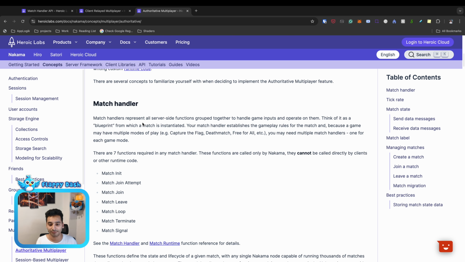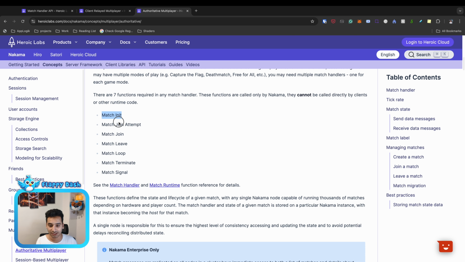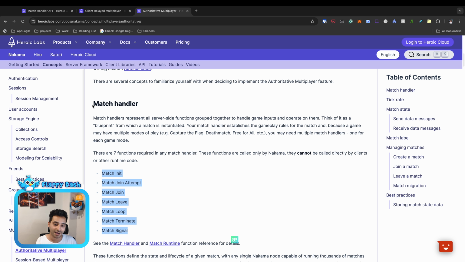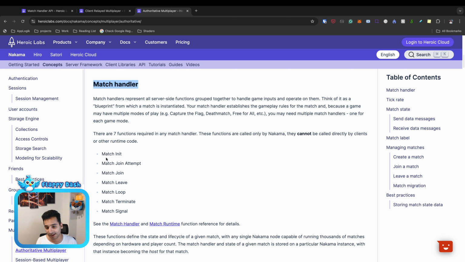We are going to implement the functionality in the backend. And as you see here, we have some callbacks. So we need to have a match handler, and using a match handler, you can have access to these callbacks. So for example, this is for when the match is created. The moment that the match is created, this function is gonna be called. And then we have match join attempt. So it's a callback that you can validate that if someone can join the match or not. And then we have match join. This is for when a player joined the match. Everything was fine and the player joined. And this one is for a player leaves the match. So for example, we can remove it from the game or we can do whatever we want.